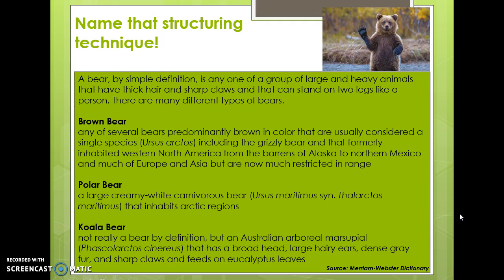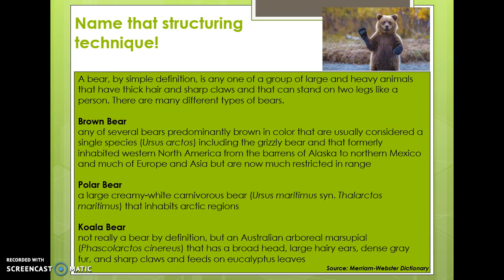Name that structuring technique. A bear, by simple definition, is any one of a group of large and heavy animals that have thick hair and sharp claws and that can stand on 2 legs like a person. There are many different types of bears. Brown bear. Any of several bears predominantly brown in color that are usually considered a single species, including the grizzly